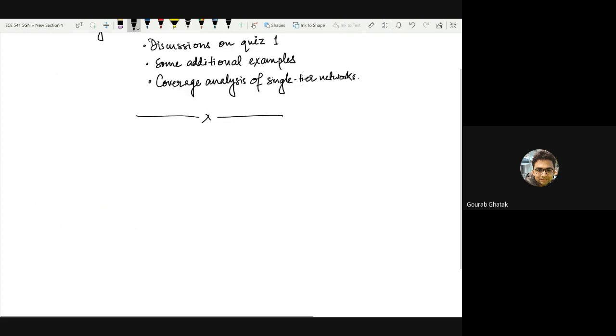In the quiz, there was this question that we have a point process which is distributed throughout the R2 plane. Remember that I think one or two of you have made this mistake of assuming that this point process is, let's say, bounded to A to B, but it's not true. The point process is actually distributed throughout the entire plane, or the domain of the point process is the entire R2 plane.